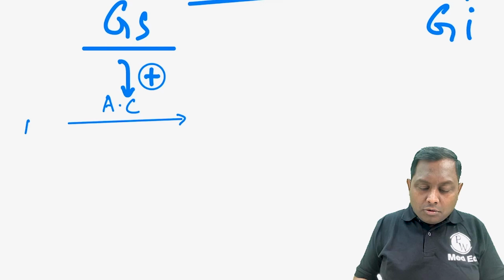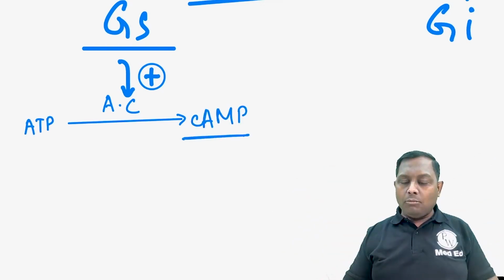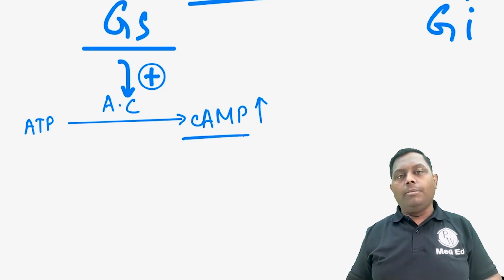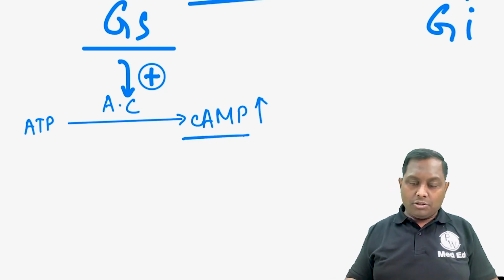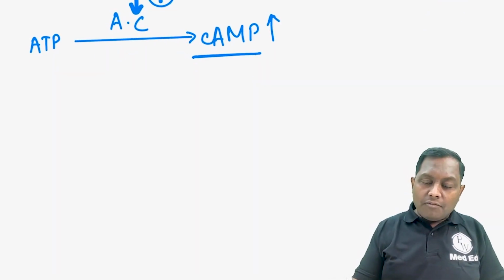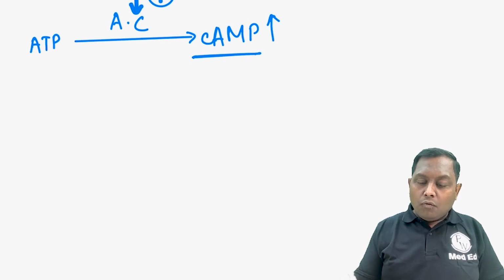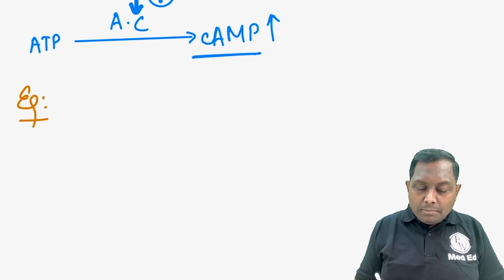Now cyclic AMP, being a secondary messenger, opens the calcium channel, more and more calcium will come inside and they will cause contraction. Examples of receptors which mainly work by G alpha S: